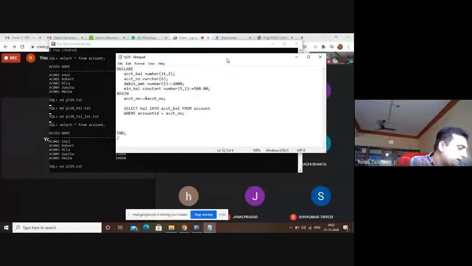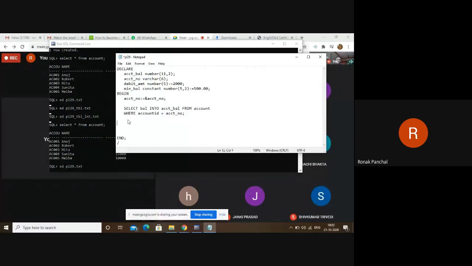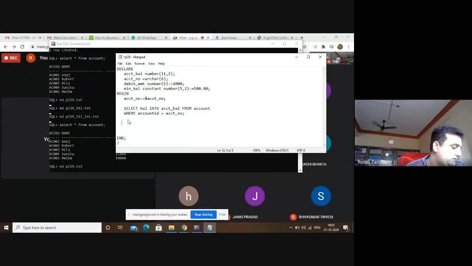Now subtract an amount of rupees 2000 from the balance retrieved from the table. Whatever balance we get here, we need to write some formula, right?